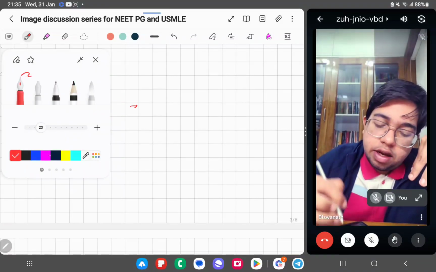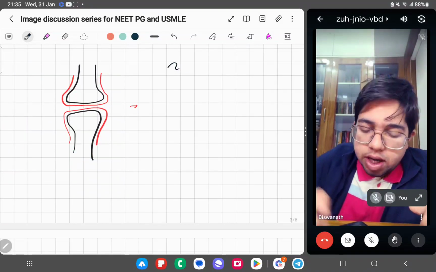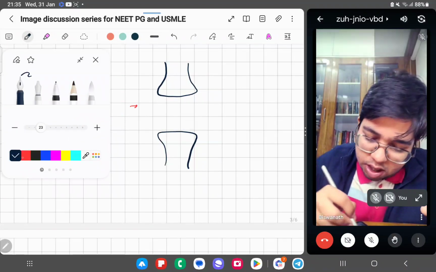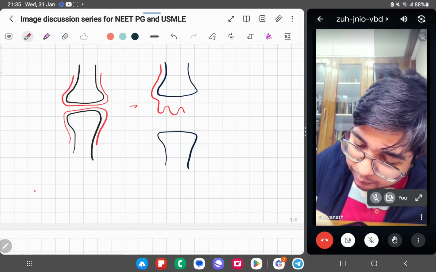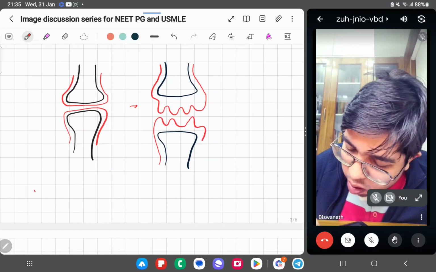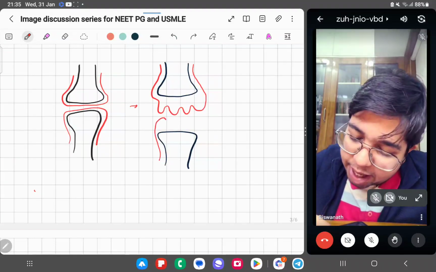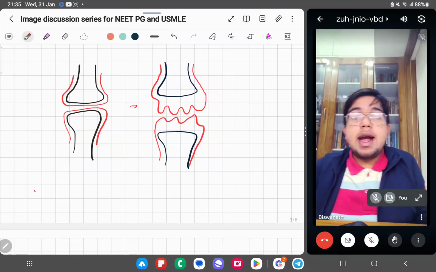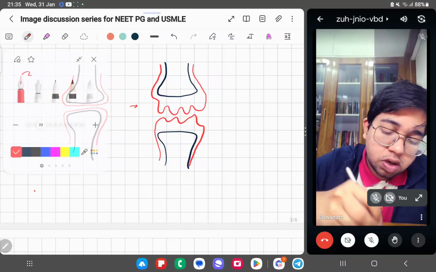Here this joint cavity is stressed up, and here you will see some papillary projections. And this will be expanded. And in these papillary projections, you will see the infiltration of